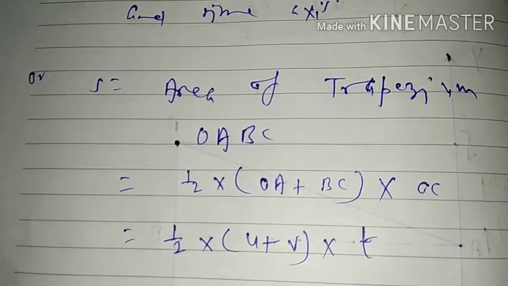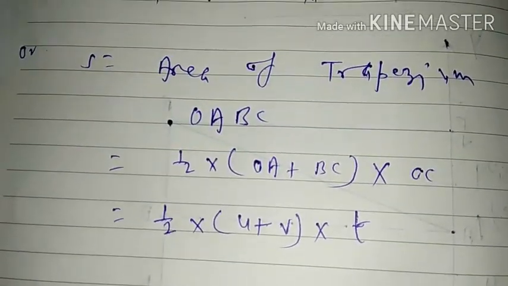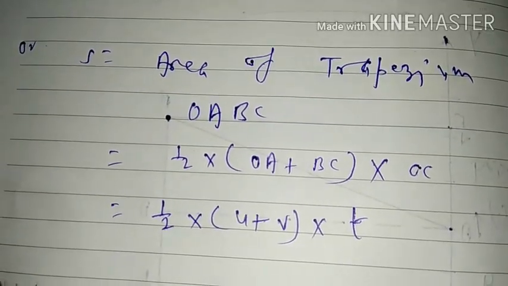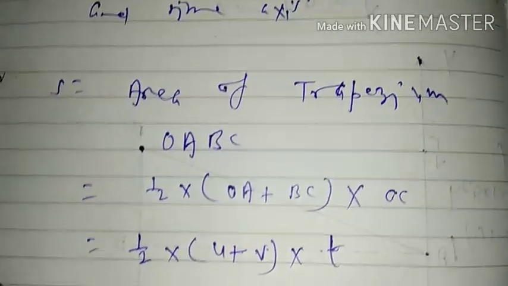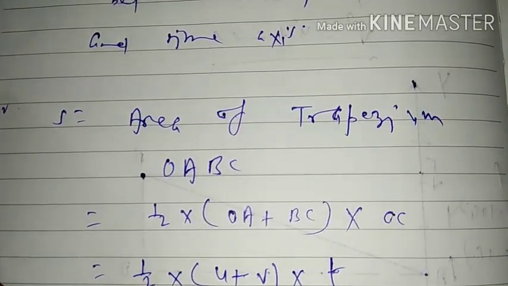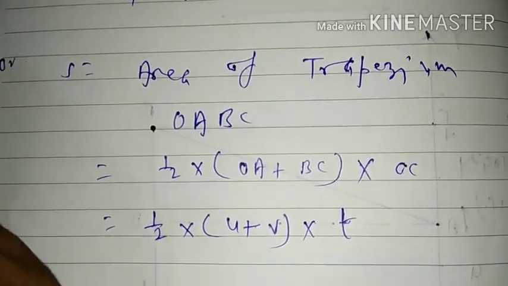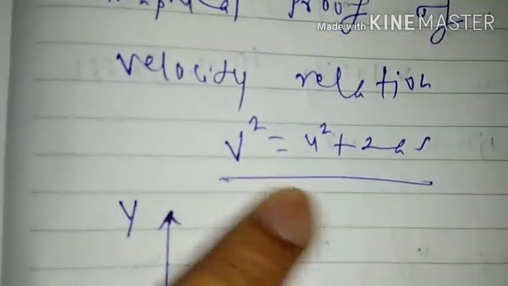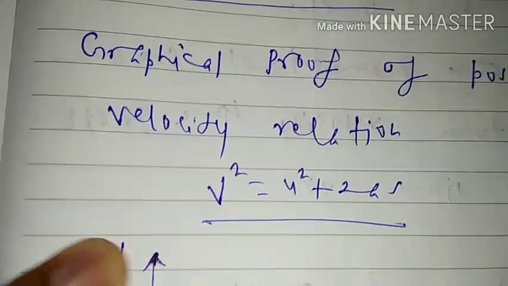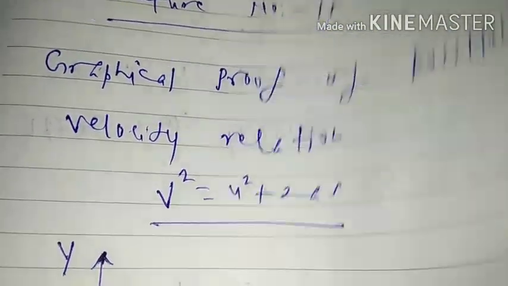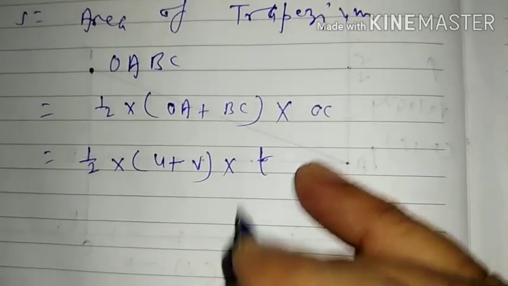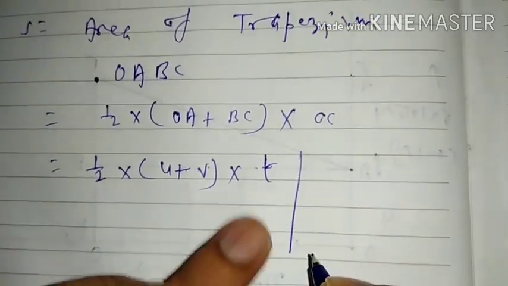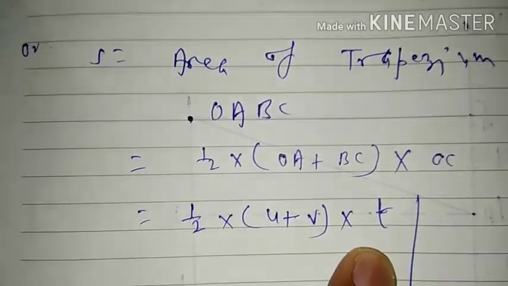Dear student, in physics or in any topic of science, we always apply our IQ. That is, we have to utilize terms according to our requirement. We have to derive the position velocity relation, and in the position velocity relation what we see, v square is equal to u square plus 2as. In this relation there is no involvement of time, so we shall replace time. How can we replace this time? We can replace this time with the help of our previous knowledge.